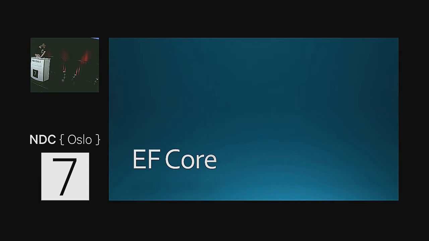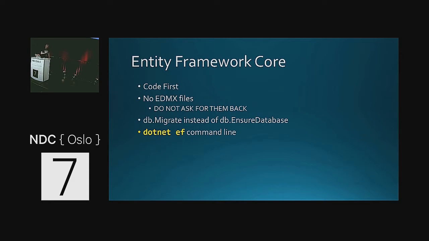Who's using Entity Framework in their applications at the moment? Yeah. Okay. Entity Framework Core is code first. You can make it work with an existing database, but it is code first. You create the classes, you put the attributes on the classes to tell Entity Framework how to map them to